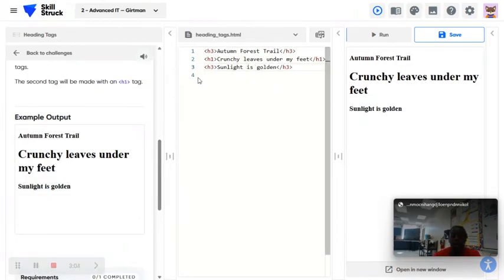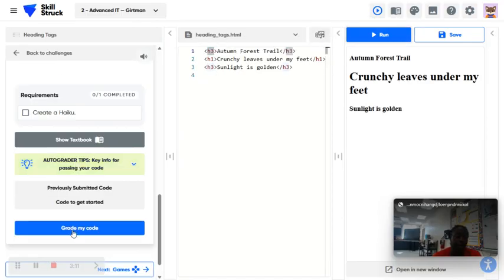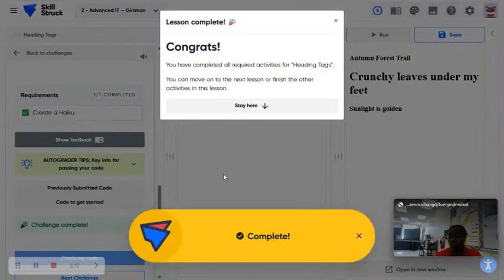All right, so here's my code. I got my H3, my H1, and my H3. Everything is closed correctly. Run it and grade it. Okay, there you go. So I completed all of my lessons and I can move on to the next lesson,